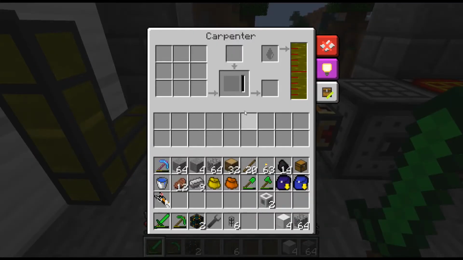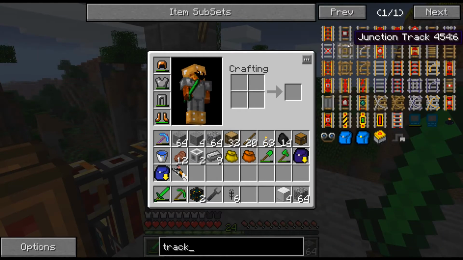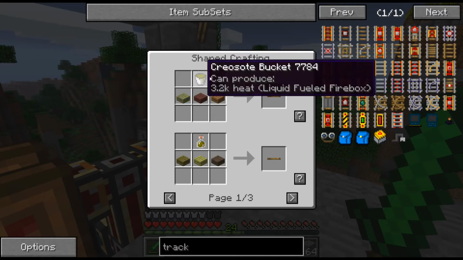Let's make rail beds. Pretty sure you have to make them in the carpenter. Let's look up the recipe for that real quick. So if we want a track, right? I thought I had a whole bunch of tracks, but I think that was on the previous try at this. I had encountered a whole bunch of mines down in one of the maps, so I picked up all the tracks and stuff. So I thought...